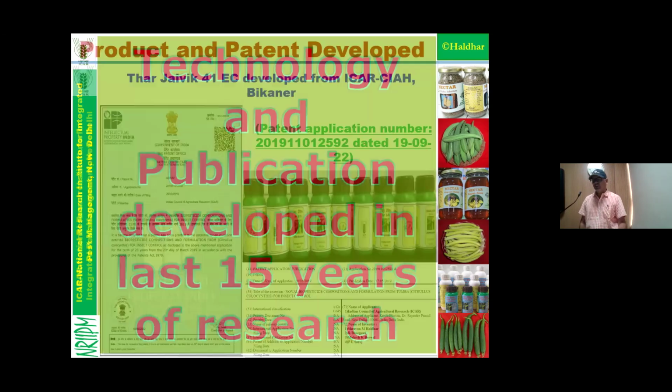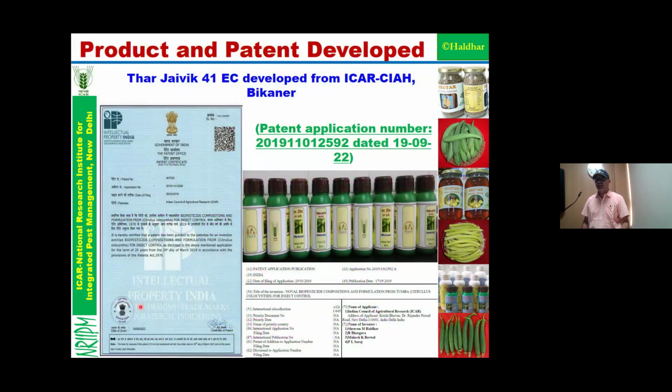Quickly, sir. One patent on biopesticide. What product is it? Tharjaic 41 AC. Actually, sir, in Rajasthan there is one plant, Tumba, which is a weed. It is a botanical extract, and we combined it with cow urine. We are testing it on whitefly, jassid and Helicoverpa also, sir. The same thing we can apply here, and we can include it in IPM. That's why we are taking it.